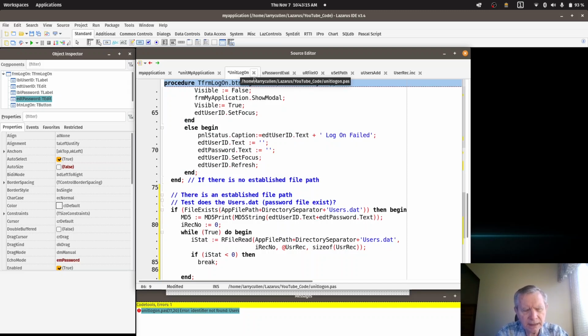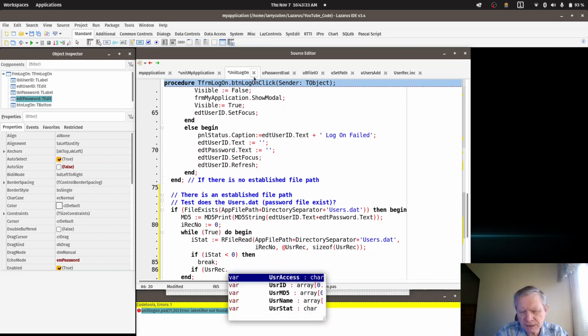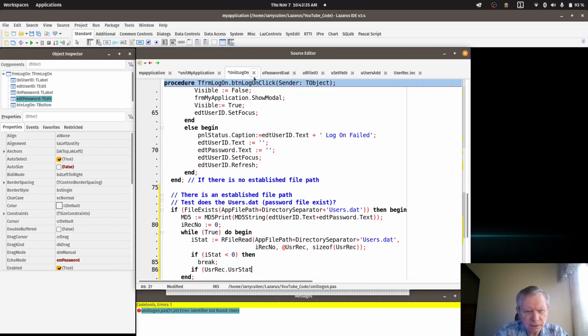So we will say if user record status, it's this one, is not equal to A, which is active,